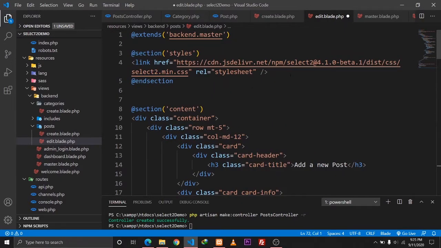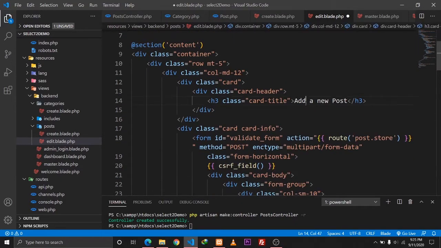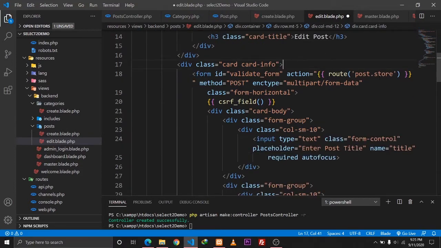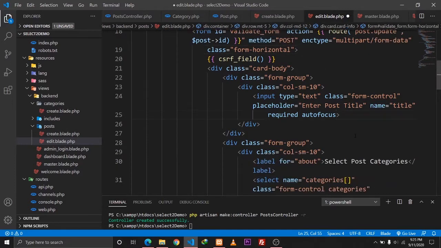And what we need to do is we need to change these values, and the action for this will be post.update, and let's also send the post ID, and the method will be of type post, and let's also give it a value of